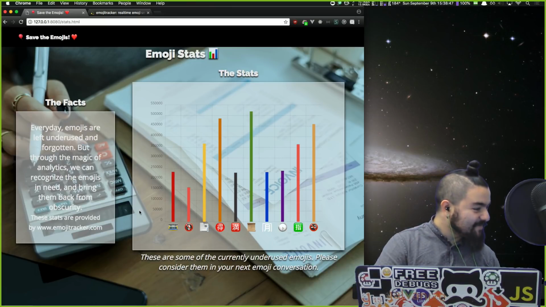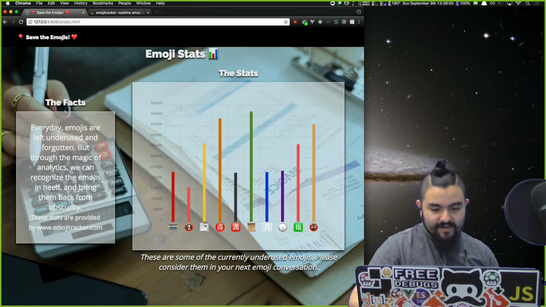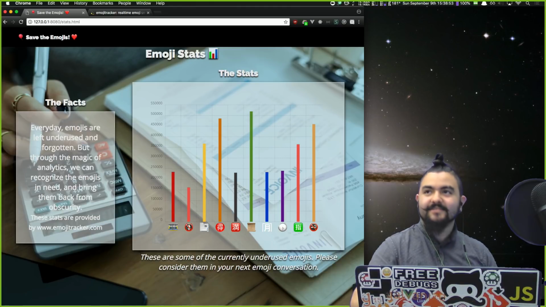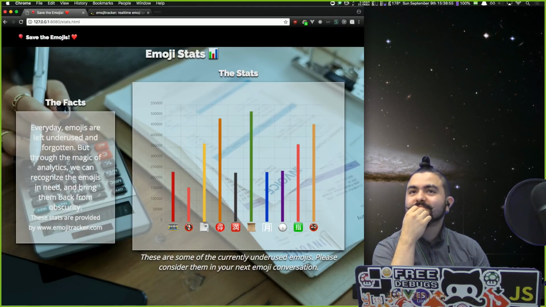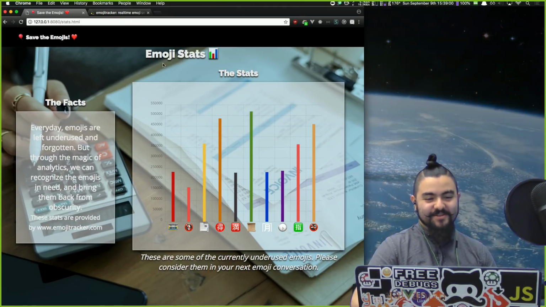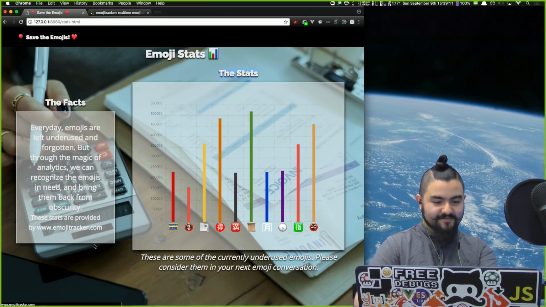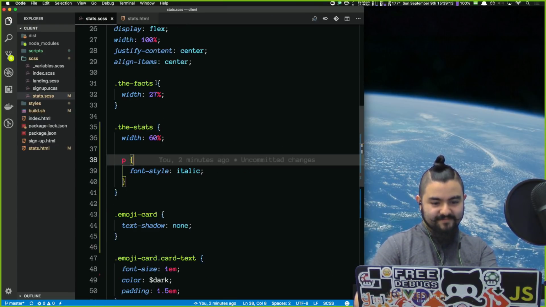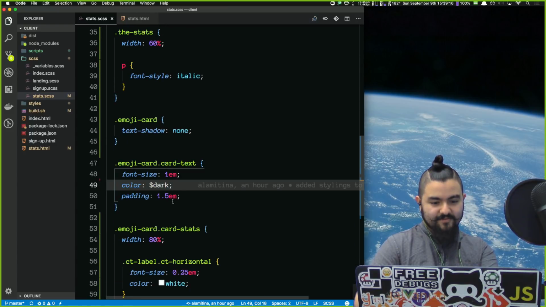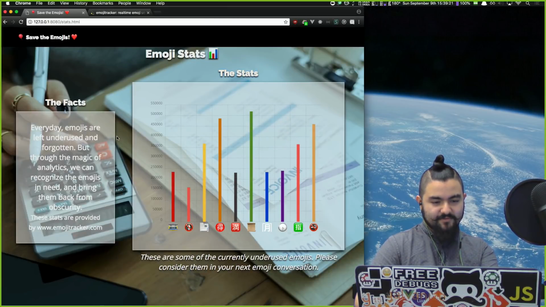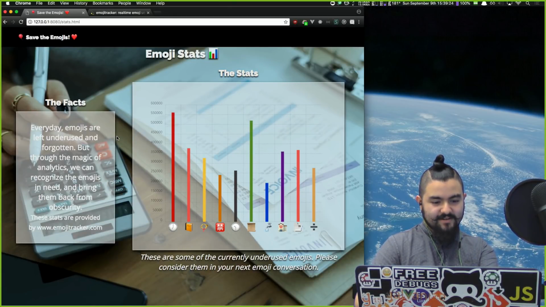Okay. Yeah, Christian is mentioning emoji names when hovering. We could try, that was something I was talking about. I know it's real easy to do in jQuery. But here's the issue, these labels are being handled by Chartist, and also this is really hard to read. Should we make this font black? Which one? The one on the left. Oh yeah, I thought we were. All the fonts inside the box should be black. Absolutely. Emoji card text color is dark,